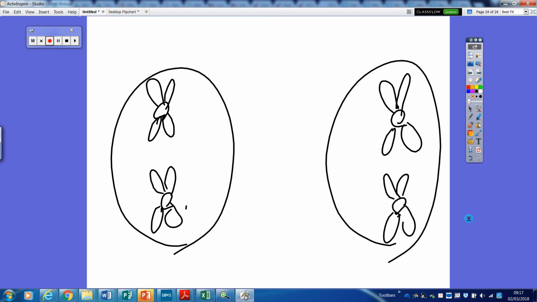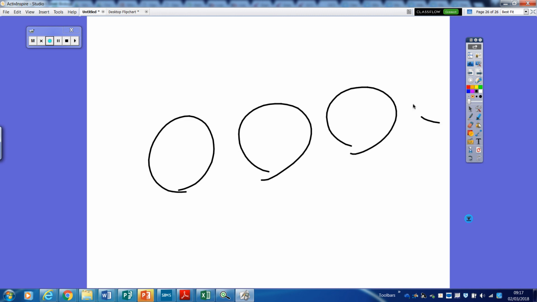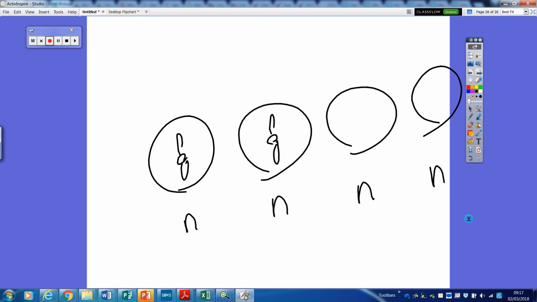So in meiosis we have 2 divisions, so they line up along the cell and then the sister chromatids are pulled apart, giving us 4 cells that all have one copy of each chromosome. So that's where each of these are haploid cells, because they only have one copy of a chromosome. They don't have 2 copies, like the original cell that we started off with. And remember, some of those chromosomes will have that little bit of change of information if crossing over has taken place. Okay? Right. That's it.